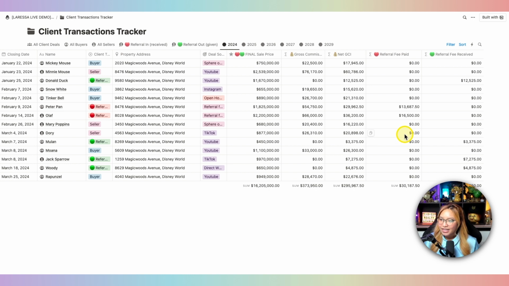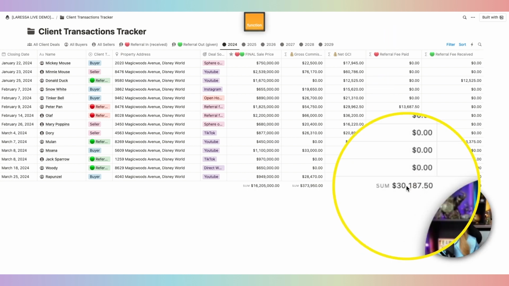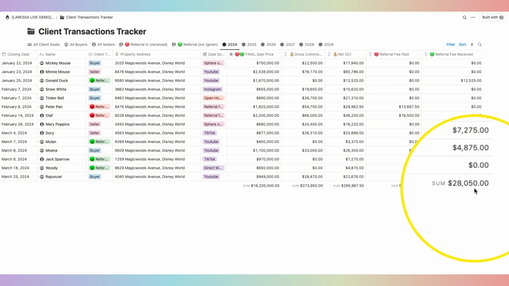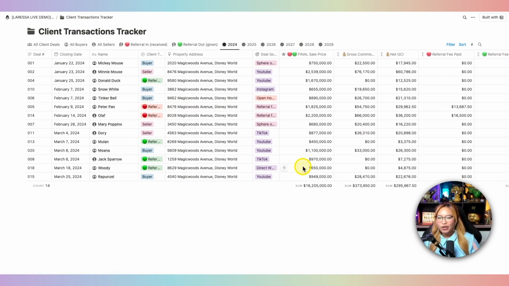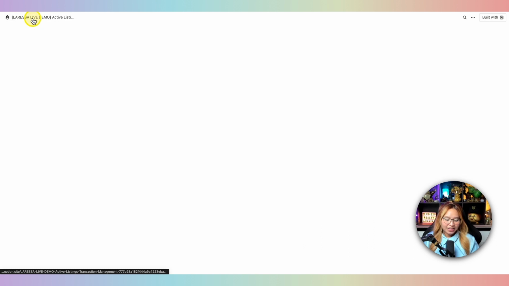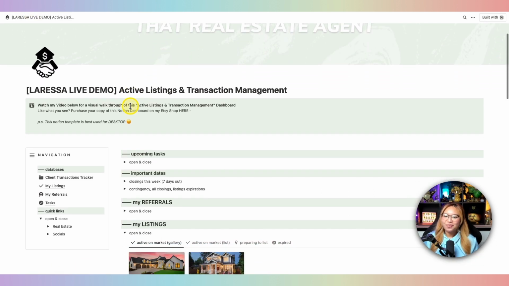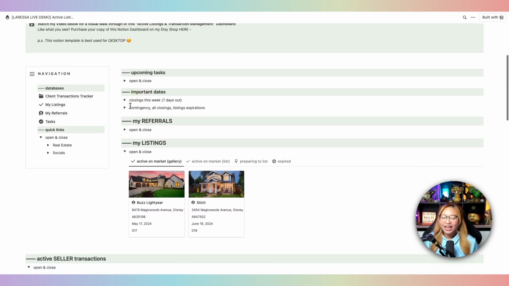Now again, in this section here, I've created different formulas to calculate referral fees paid out and referral fees paid in. So referrals that you have given to other people to make sure that you get paid on those referral deals. And you can see down here, this is the sum of each category here, just to make things fun and interesting, to make sure that you are able to hit your goals. So that, my friends, in a nutshell, is my entire active listings and transaction management database